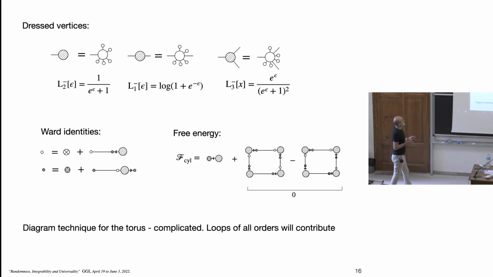If you use vertices which correspond to expansion of the interaction potential around the classical mean value of the fields, all vertices disappear, actually. And in this improved diagram technique, the TBA equation looks like that. The second identity is like that, the Bethe-Ansatz equations. And the free energy is this one integral and the contribution of loops which cancel.